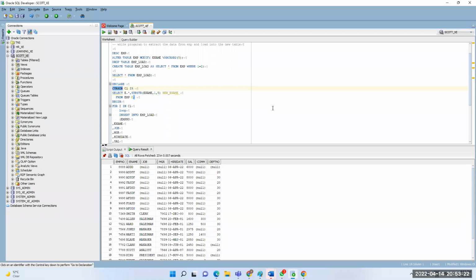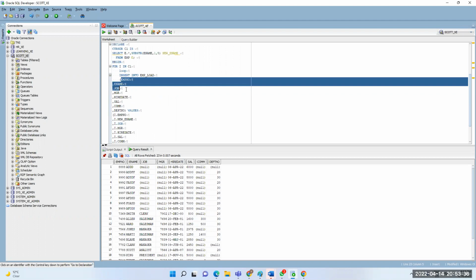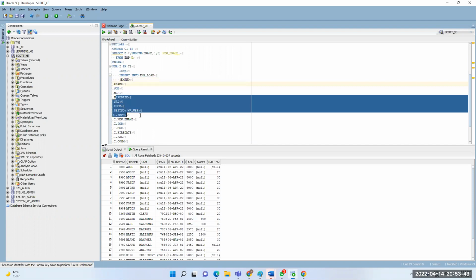A single cursor can be used here. Consider the employee number and employee name going into one table, and the rest of the information maybe moved to some other table. That is also possible here.